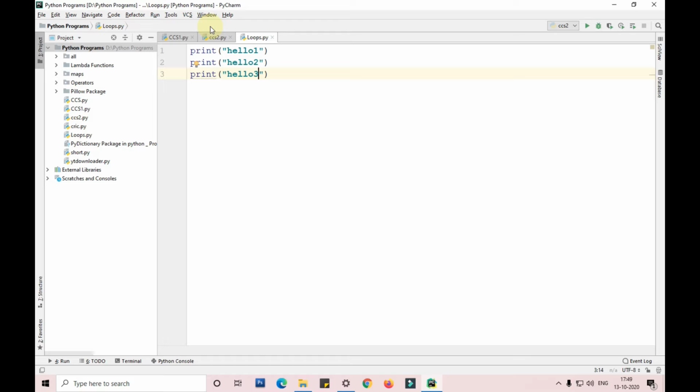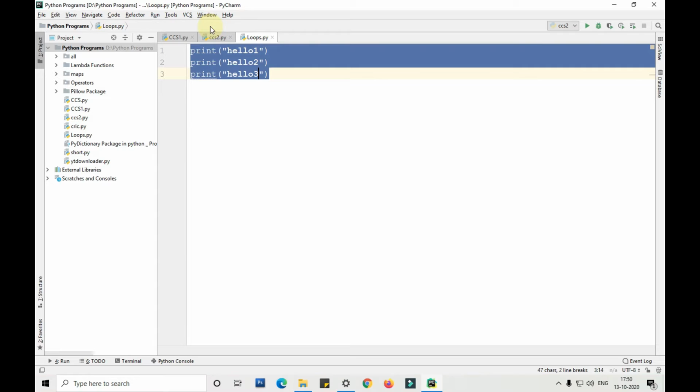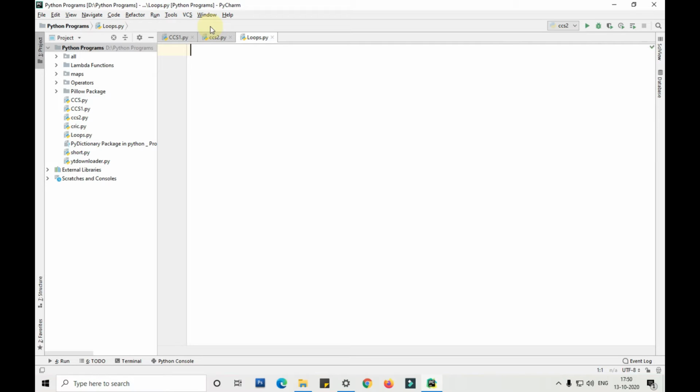loops. What is the use of for loop? So for loop is a repeated process for a fixed range. Like when you know how many times you want to repeat that particular code, you'll use for loop. When you don't know how many times you want to repeat that particular code, you'll use while loops there. Okay. So now let me tell you about for loops. What is the for loop and how is it useful? I'll tell you now. First of all, let me tell you about the syntax of for loop.